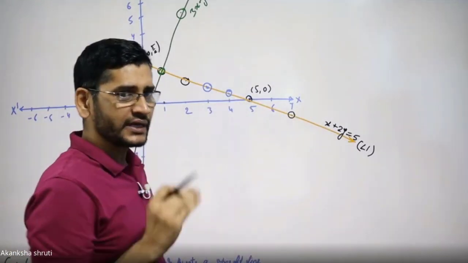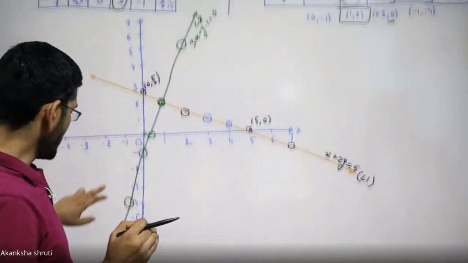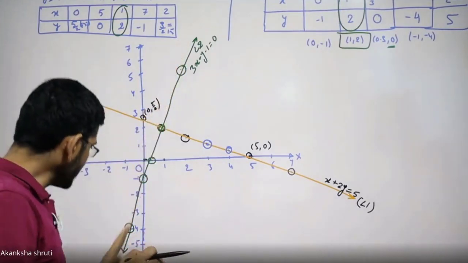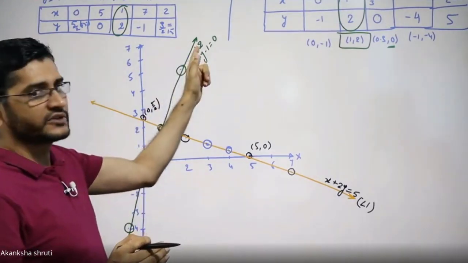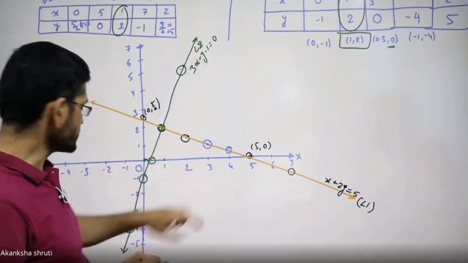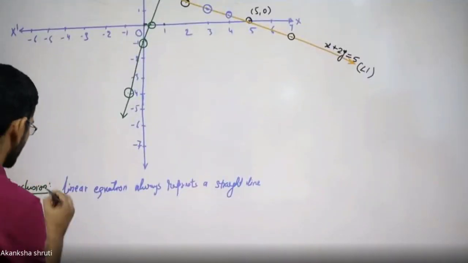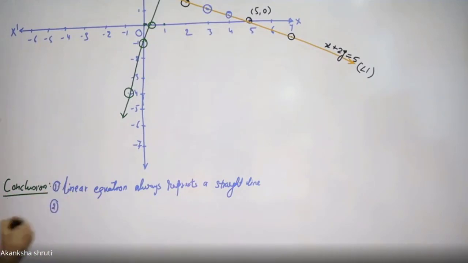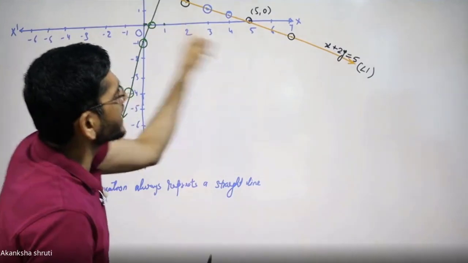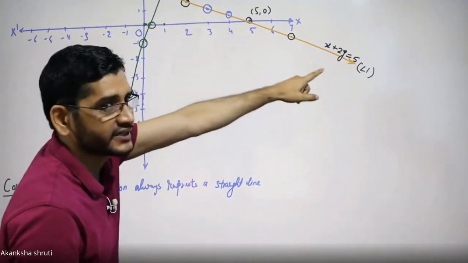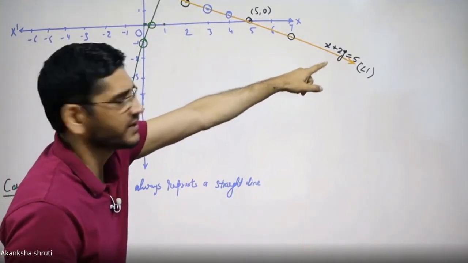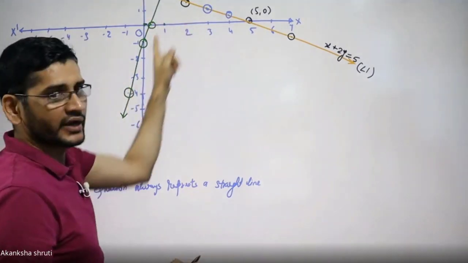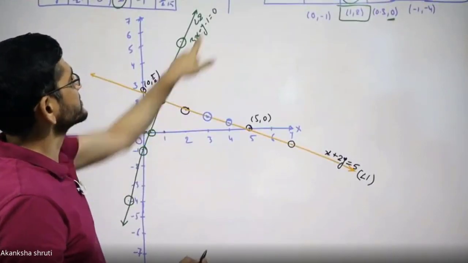The same thing is also true for the second line. All the points on this line represent a solution for this second line. Okay, students? Right. That conclusion also. So this is the first. The second thing: the points on the line represent a solution of that equation. If I am talking about line 1, then it will be for 1 only. If I am talking about line 2, it will be the solution for this second equation only.